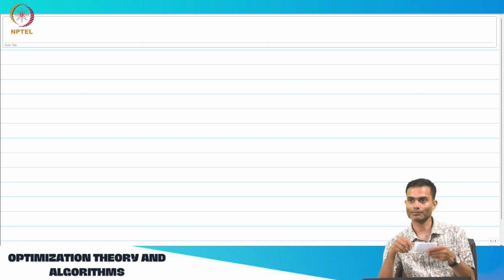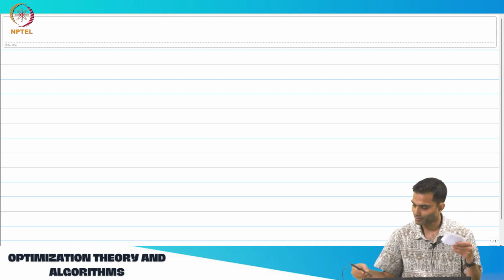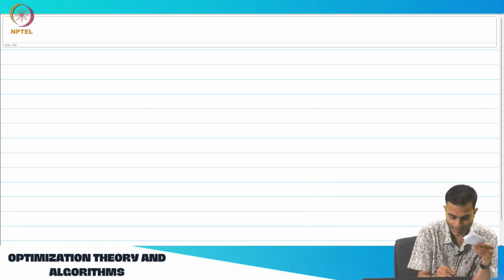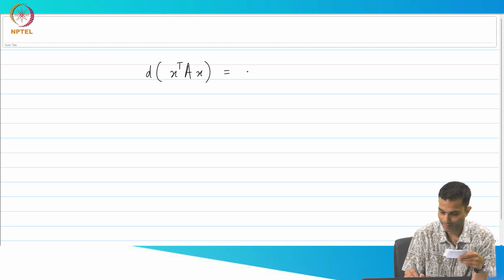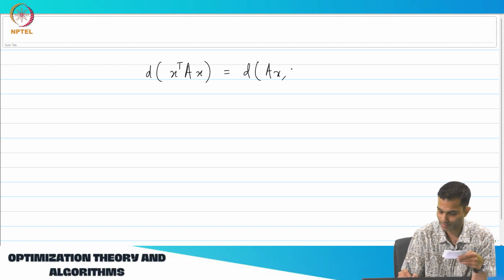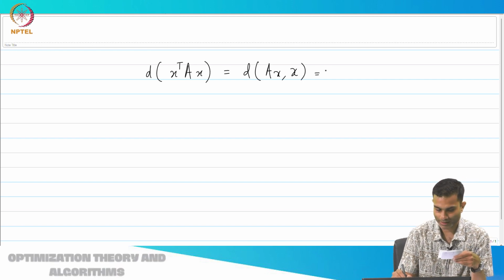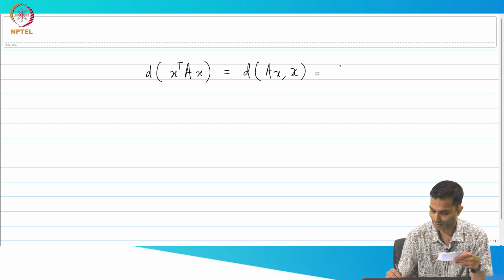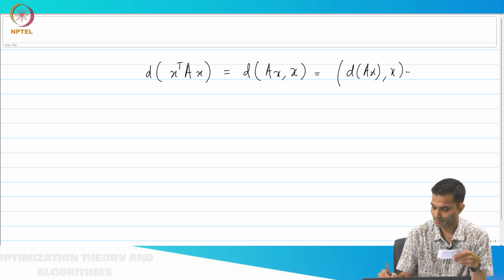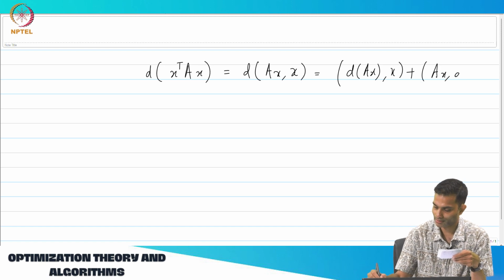There's a question, can we apply chain rule of differentiation to inner product? I think the student was sitting right at the center last time. That was you. Yeah, so what you have written is, let me just write that down. So the question is, can we do something like this, x transpose Ax, and he's written that as Ax. This is another way of writing an inner product, but the first step is kind of illegal when you do this. You said d of Ax, x plus Ax dx,